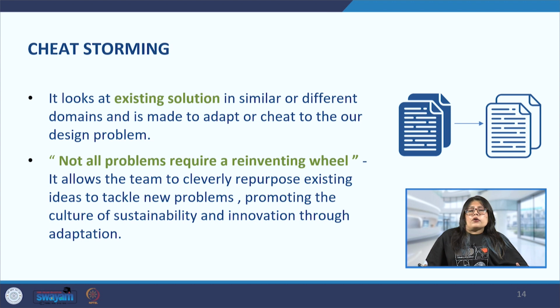Now, there is a company which wants to come up with a new smart kitchen appliance that can make cooking easier for busy professionals. If this is the problem that is given to us, what we'll do is start by observing what is around us, what is available to us. We may see that there is a smart fridge. What the smart fridge does is suggest the items that one needs to purchase based on what is available inside of it.